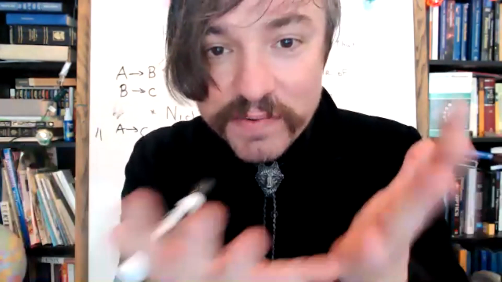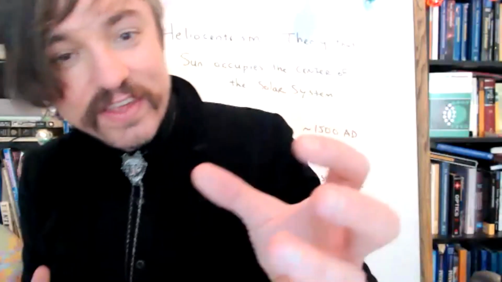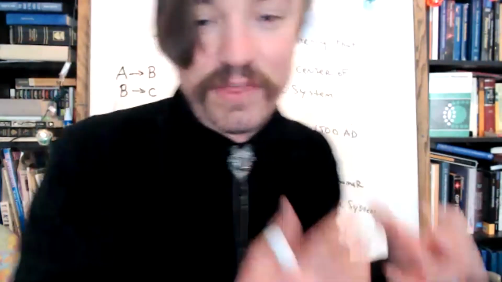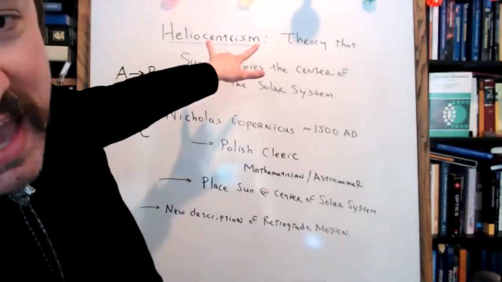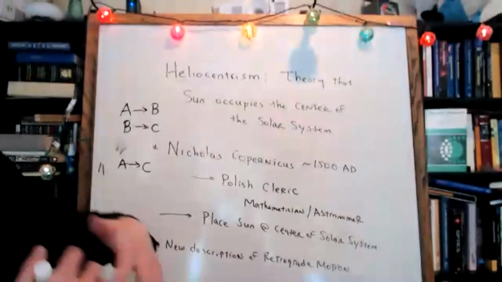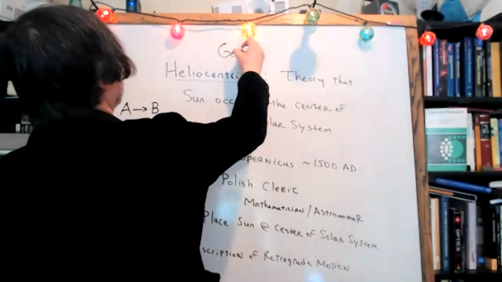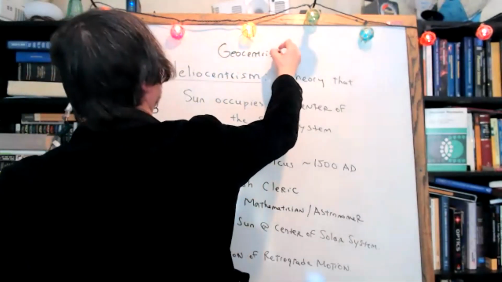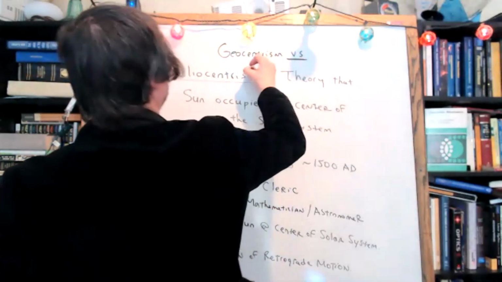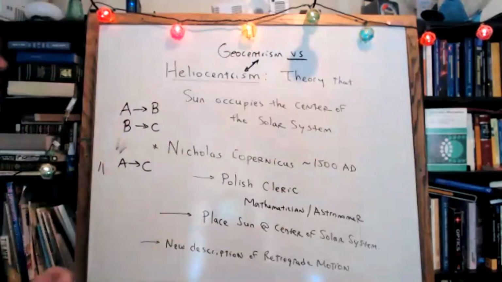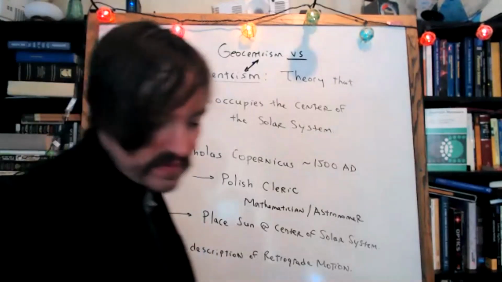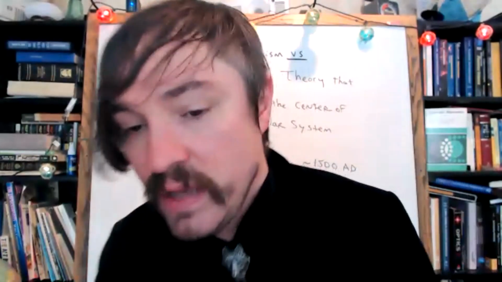And then Copernicus died and checked out, and people were sitting there with this book wondering, what was the correct interpretation of the heavens? Was the sun the center of the universe, or was the Earth the center of the universe? And thus began the great debate that ravaged astronomy for years: geocentrism versus heliocentrism. Which of these two models of the heavens was correct?